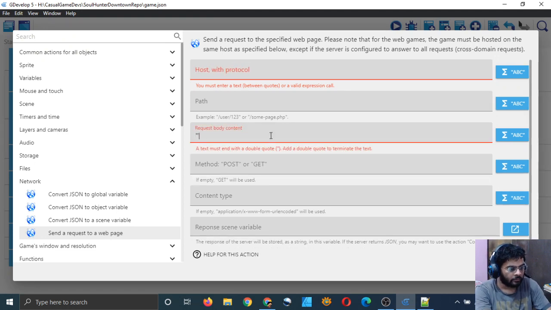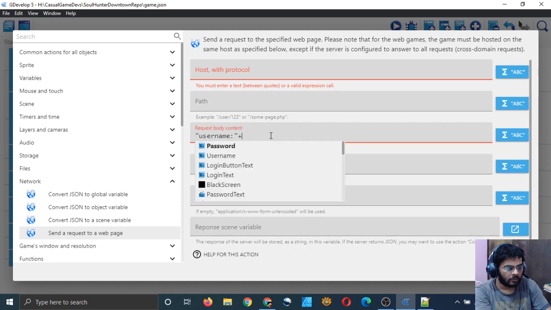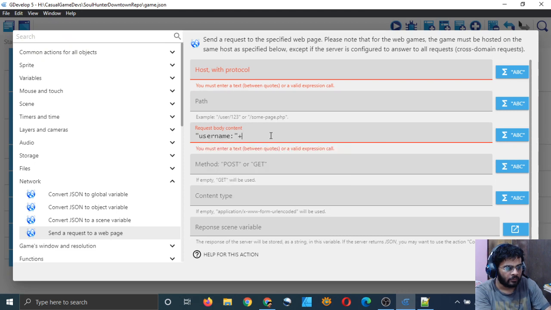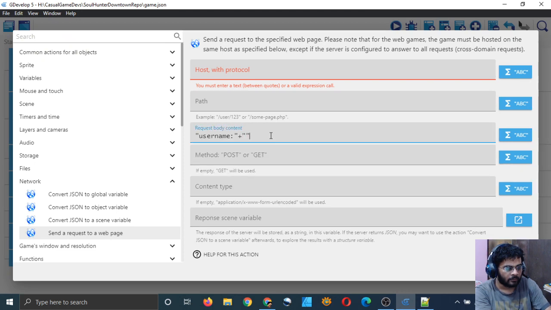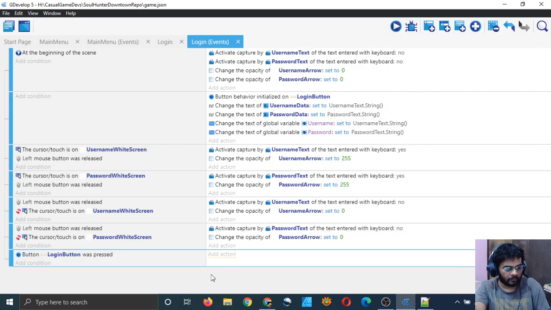I think I will have to type username and then, I don't know man, global variable username plus. Is that how you can append it? I guess. Okay, that's kind of too much to process right now.